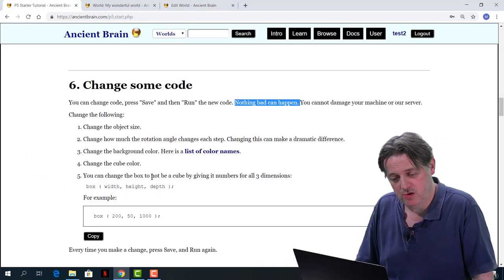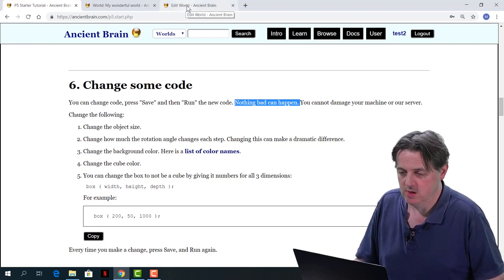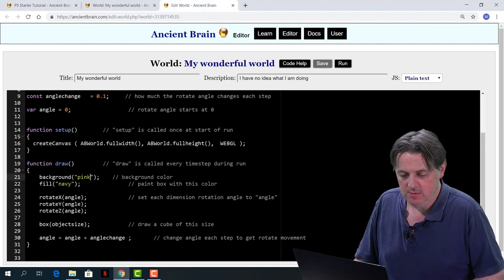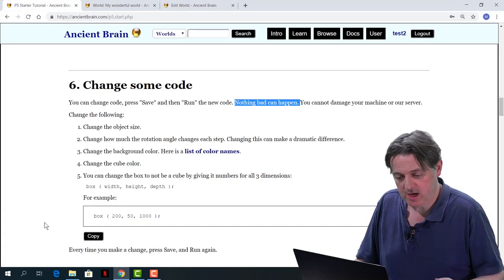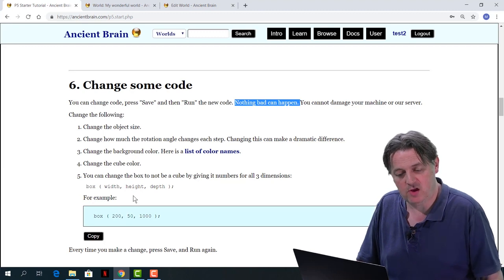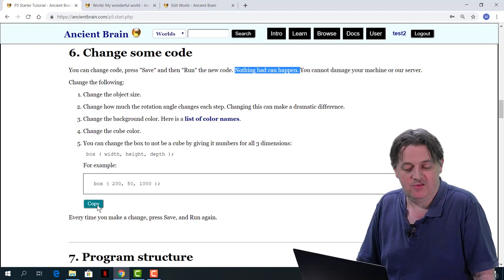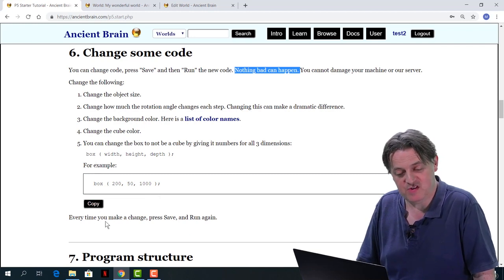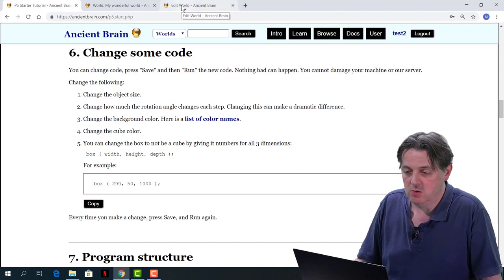You can change the box to not be a cube by giving it numbers. Change the cube color. Well, you can do that as well. We leave the cube color where it is, and we'll change the box to not be a cube. So that's down here where we do box object size. Let's just go back to the tutorial, and it's suggesting that we change it to this. And it's giving us a nice little button here, so I don't even have to select that. I can just hit copy. So let's just copy that. And what we'll do is